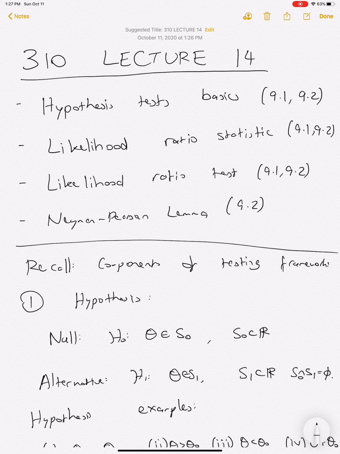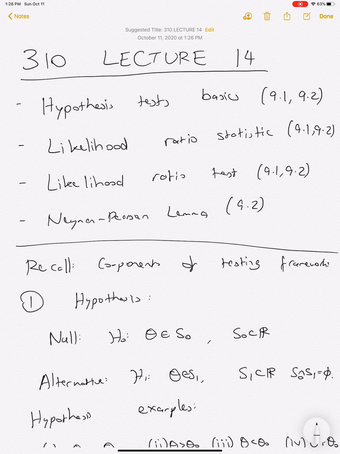So we're going to continue our discussion on hypothesis testing, which is Chapter 9. We're going to quickly, to begin with, just go over some of the basic notation. A lot of new concepts and notations were introduced in the previous lecture. I'm just going to remind everyone of those, and they'll all hopefully become more and more familiar as we start to use them more. And then we're going to move on to a particular kind of testing framework